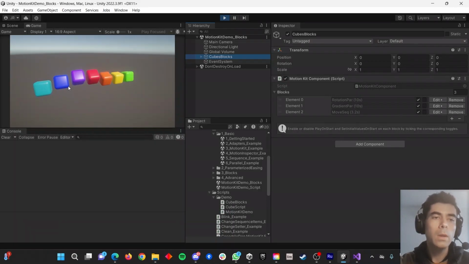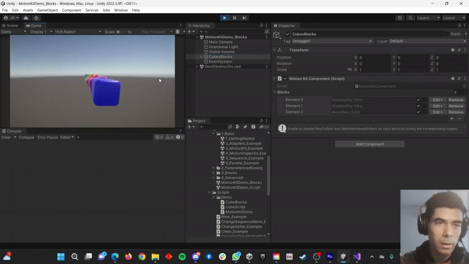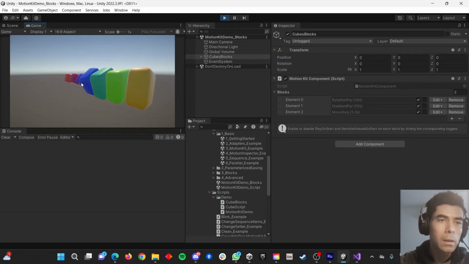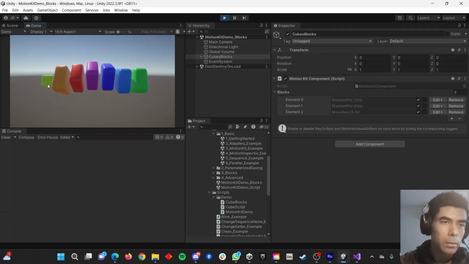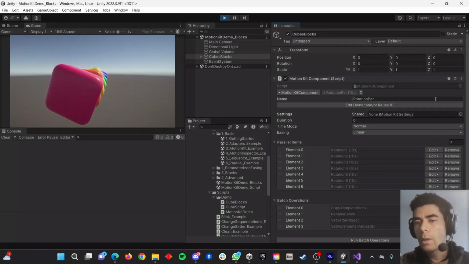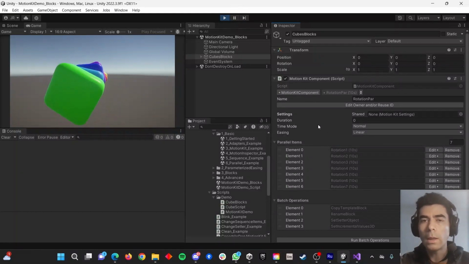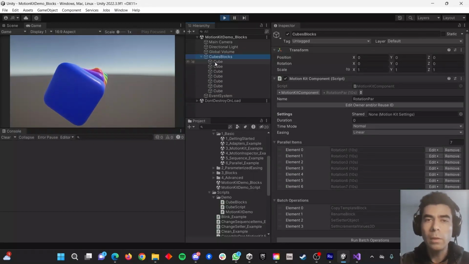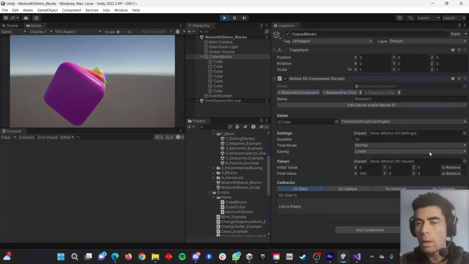They start at the same time, but they have a difference in the angles that they are rotating, right? So one starts slightly after the other one, and so on. So that's the reason why we have this kind of incremental difference in the angle. That's what we are doing with the rotation parallel. If we look inside, we will see all the objects here. So each of these rotation objects correspond to each of these cubes, and inside you can edit the values.